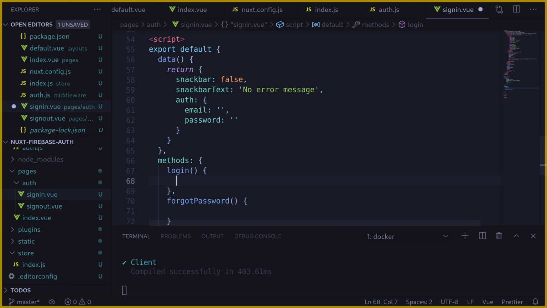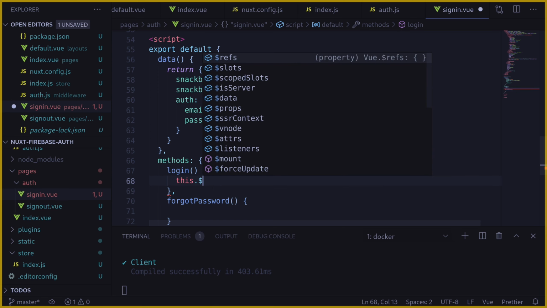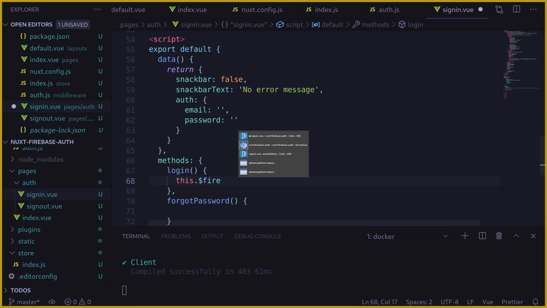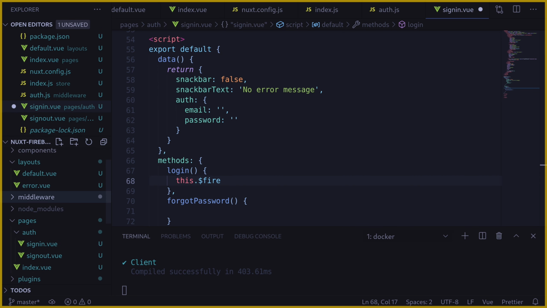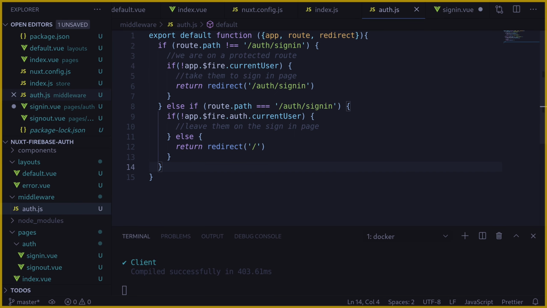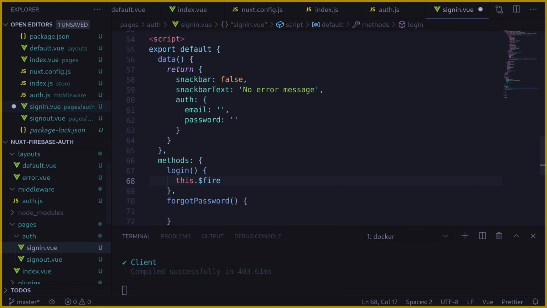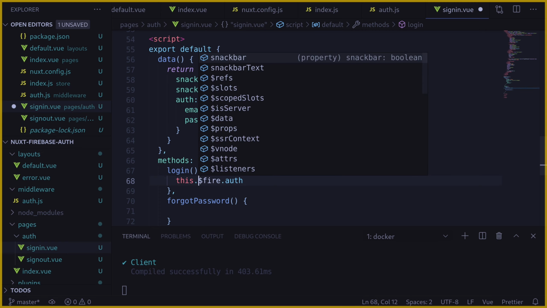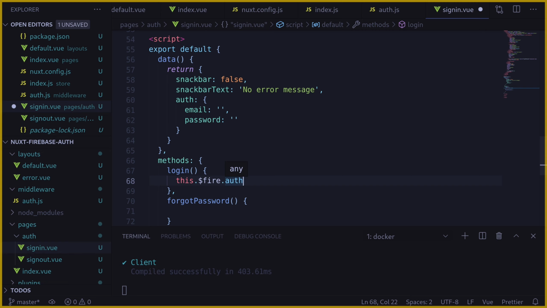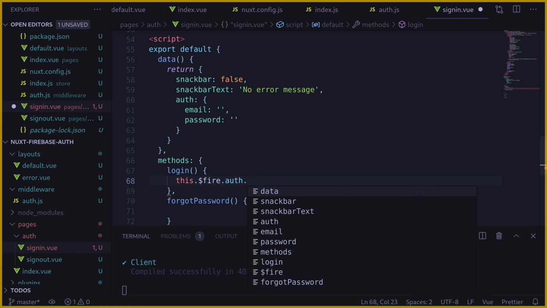So let's do that. I'm going to say this dot fire. I just want to make sure, what did we use in the middleware? We said fire.auth. Okay, cool. So we're going to do exactly that. In our sign in, we can just say this dot fire.auth. And now we want to use Firebase's actual sign in with email and password